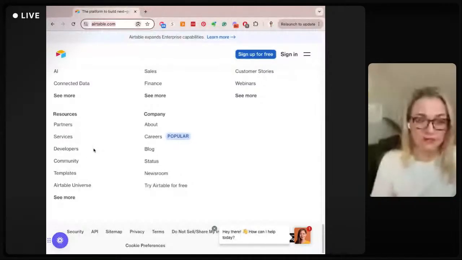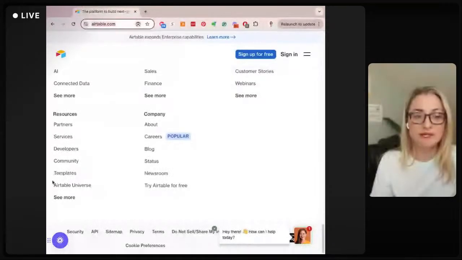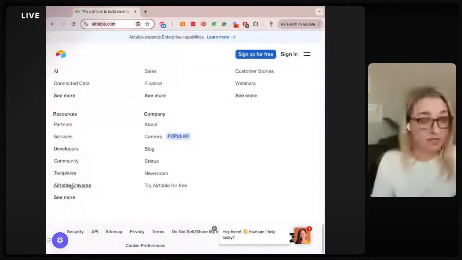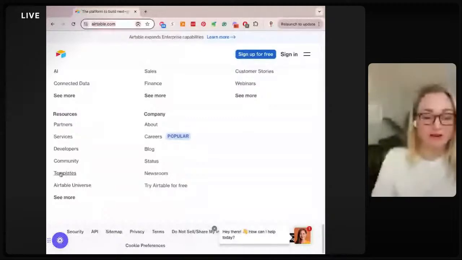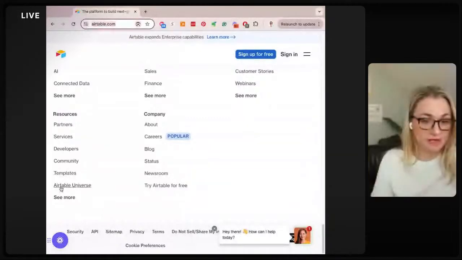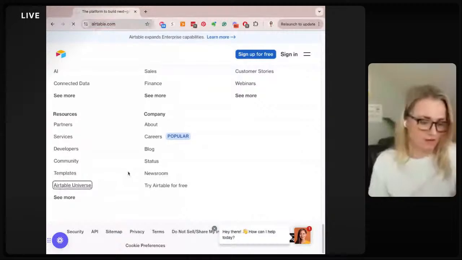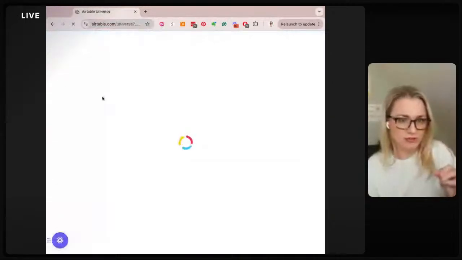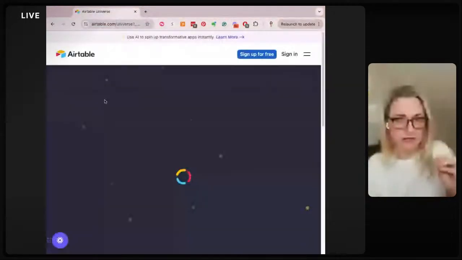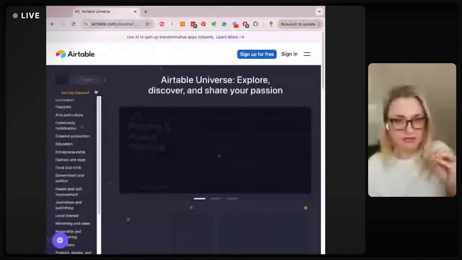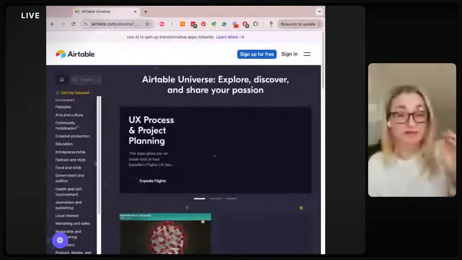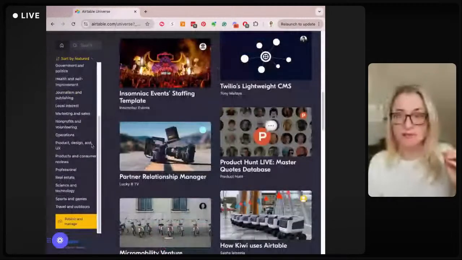But there's also a developer's site. There's also templates, and there's also the Airtable universe, and there's even more if we click here. I'm not sure how the internal setup of Airtable works, but these might be run by the community team as well. Like this Airtable universe, I believe, is where you can submit templates into their library, and essentially it's user-generated content for their template library, which is very helpful for new users. So yeah, that's what this is. And then you can publish and manage that. So yeah, it's user-generated content.